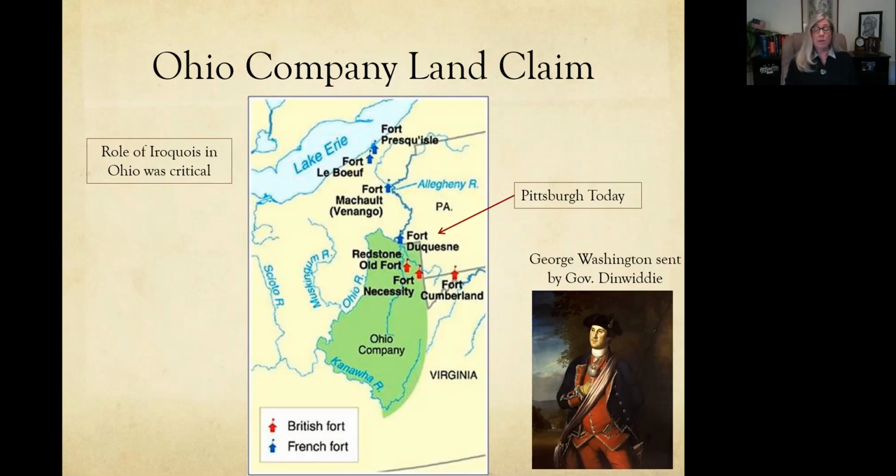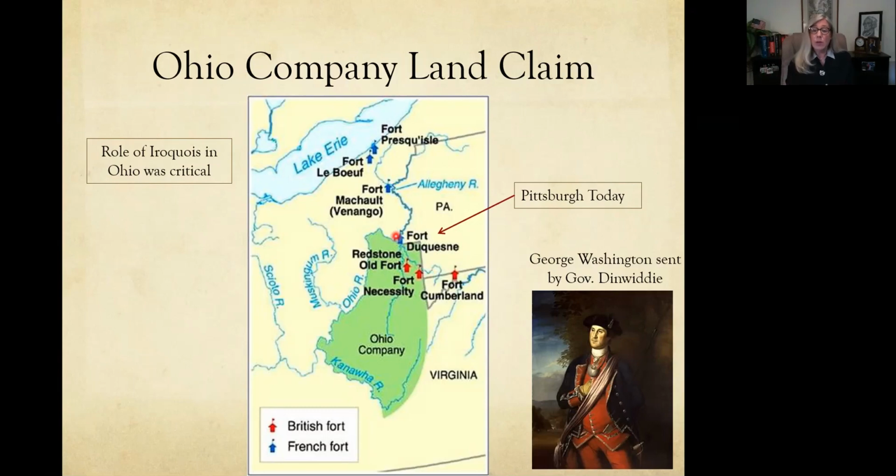So the French have built a series of forts. Look at this one in particular right here. Fort Duquesne, it's spelled kind of funny, but it looks like it's pronounced Duquesne, but it's not, it's Duquesne. Fort Duquesne is a French fortification right here at the mouth of the Allegheny River and the Ohio River, which would be a very important trading center for the French,